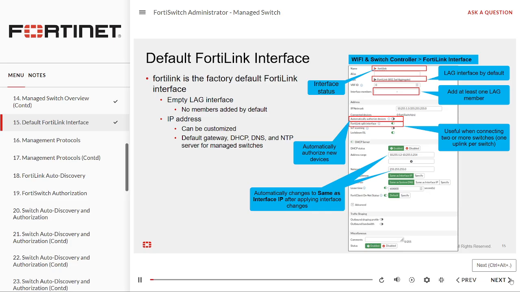All FortiGate devices that support the switch controller feature come with a factory default FortiLink interface in the root VDOM named FortiLink. The default FortiLink interface is a link aggregation group, LAG, interface with no LAG members by default. As a result, you must add the LAG members manually. The interface is also assigned the